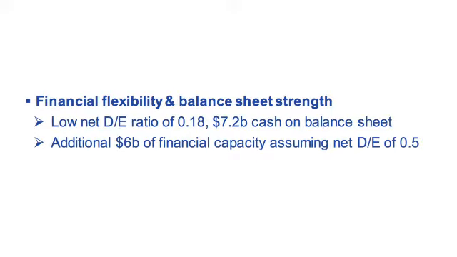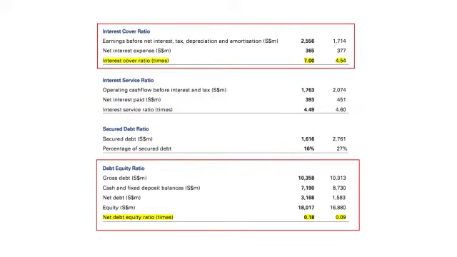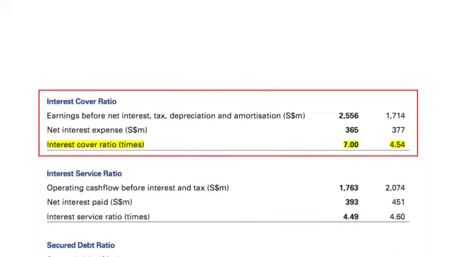Precisely. So to gauge financial strength of a company, we need to look at the balance sheet. So in the balance sheet, we look for strength and safety. One of the key ratios we're looking at is what's called interest cover, and you see here it stands for EBITDA, which is earnings before interest, tax, depreciation, and amortization. Yes. So based on the income or the profit that they are making, are they able to cover their interest expense? Keep the bank manager happy. Precisely. And you notice that it has grown from 4.54 times to a 7 times cover, which means the strength has grown. Ability to service has gone up.